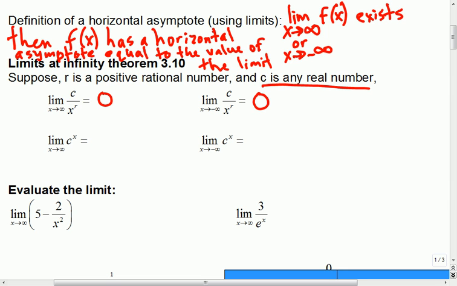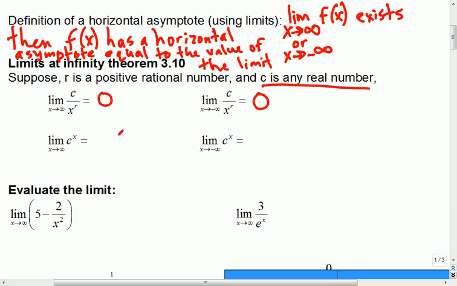It's just going to do it from the bottom. What I mean is, there's no such thing as -0 or +0. It's going to go to the same place. Instead of coming down from the top of the graph, it will come up from the bottom of the graph. Okay, and of course, if we take some constant and raise it to an infinite amount,